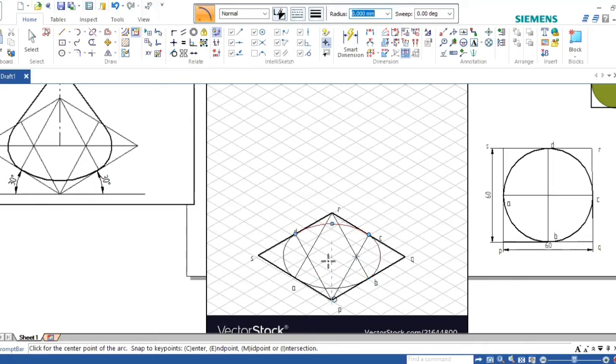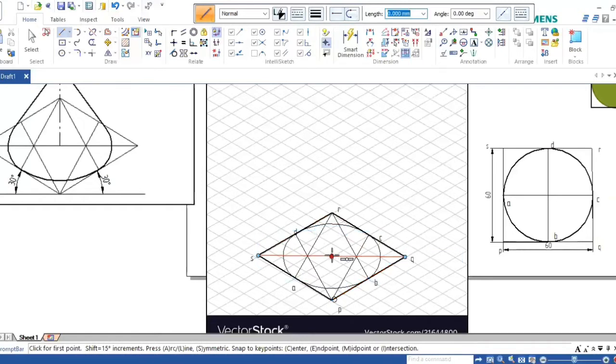First, draw a square box. From this end draw a line to the midpoint of the opposite side: P to C, then R to A, and R to B. Once you draw these, you will have intersection points. From this point, take this radius in the compass and draw an arc. Repeat from each of the other points, taking this radius or that radius, and draw the arcs. You will get the ellipse. Once you have the ellipse, locate the center.